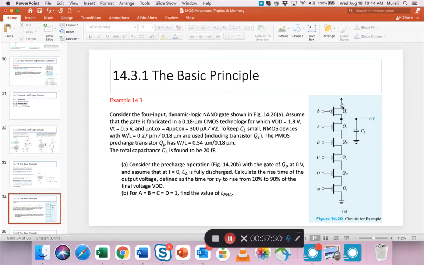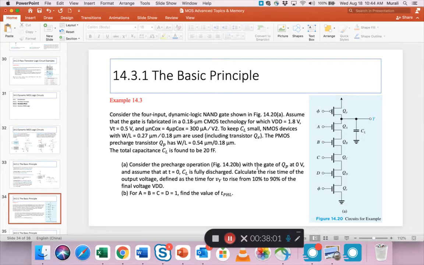We only have the PDN, which consists of A, B, C, D, all 4 of them in an AND configuration. We don't have anything on the top because the PUN goes away, but we have this transistor QP and this transistor QE with the clock at their inputs. We have seen the logic, the theory. What we have to find here is, given all this data,